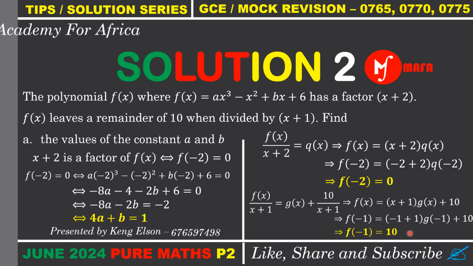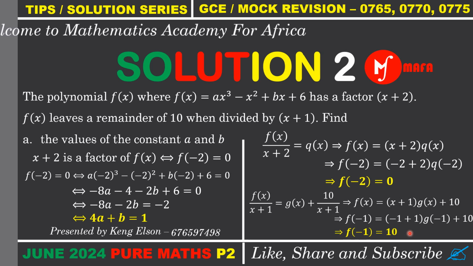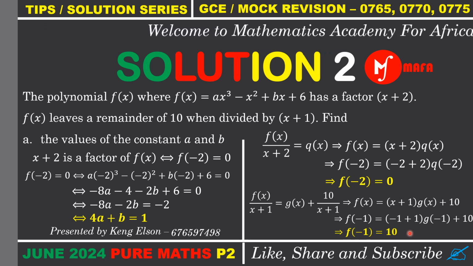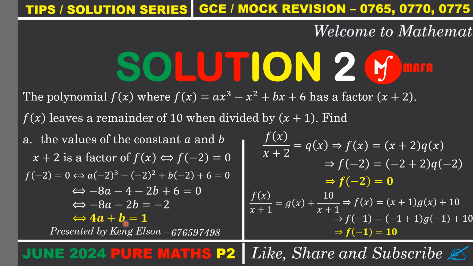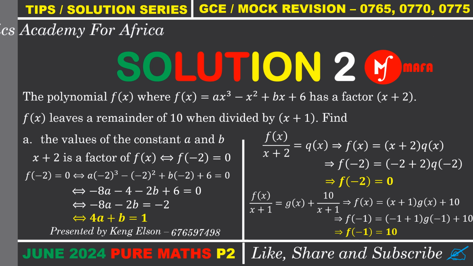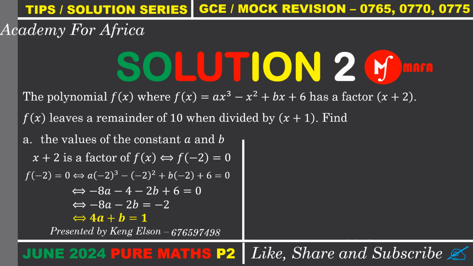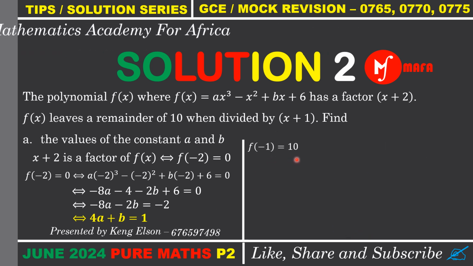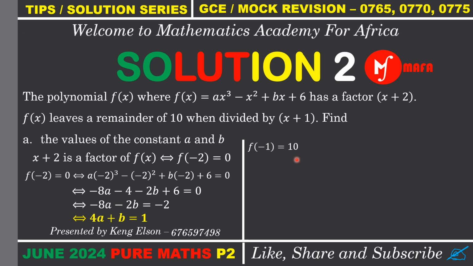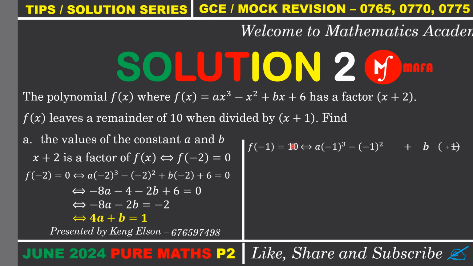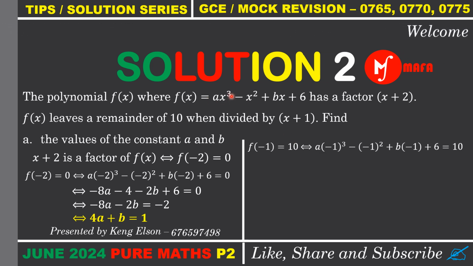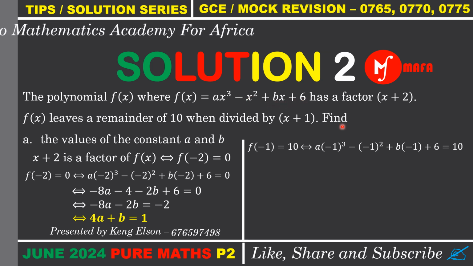Okay, so we are now going to use the fact that f of -1 is equal to 10 and have a second equation in terms of a and b, then solve simultaneously with the first equation to get the values of the constants a and b. All right, so having f of -1 equal to 10, what does this imply? A times -1 cubed minus -1 squared plus b times -1 plus 6 is equal to